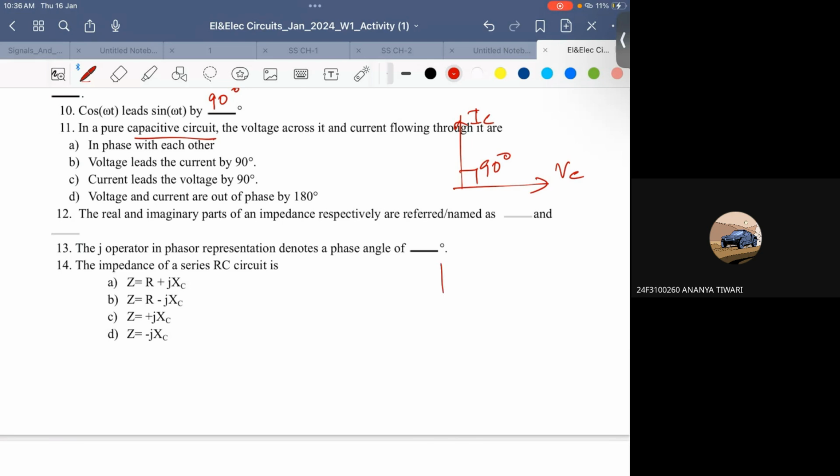If you have just this one capacitor, how do you calculate the capacitance? How do you calculate the